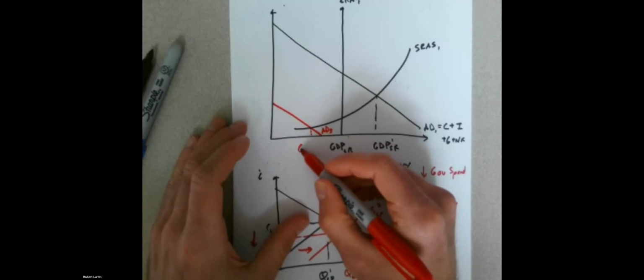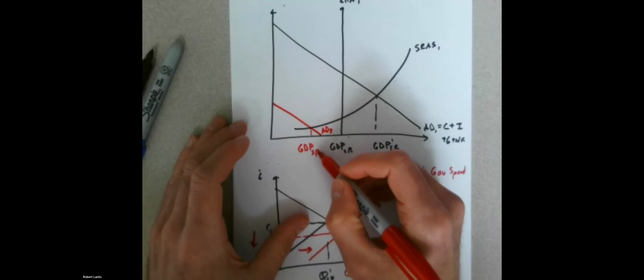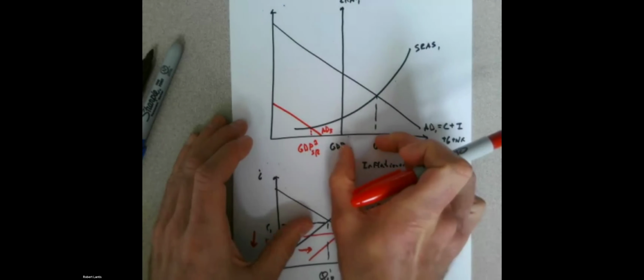I decrease government spending by a lot. Now, initially, we might think, okay, well, that's going to cause not an inflationary gap, but we're now going to have a recessionary gap. However, we did this in anticipation of the fact that investments were going to increase because that change in government spending caused a change in the loanable funds market, which caused interest rates to change, which caused investment to change. So if we had planned on this,